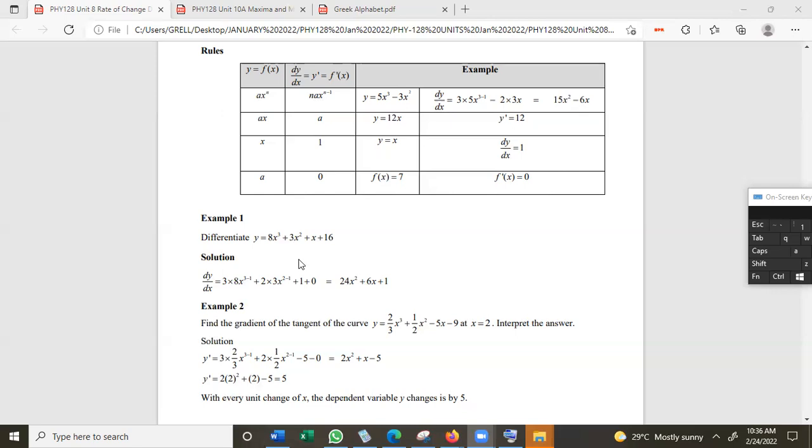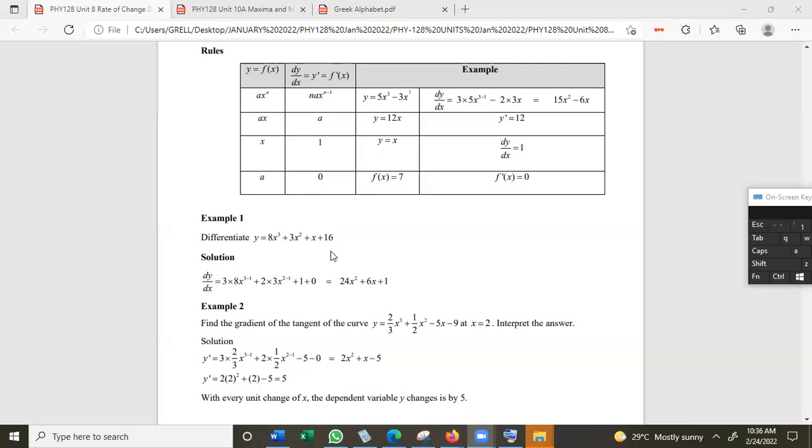Here you have an example, y is equal to 8x cubed plus 3x squared plus x plus 16. So all this is a sum. You have 8x cubed and a plus 3x squared and an x and a 16. So you can apply that rule for each one of them because this is a sum function, meaning the terms are being summed. Each term has a variable, and the variable now is by itself, which is x. So therefore this rule can be applied to each term